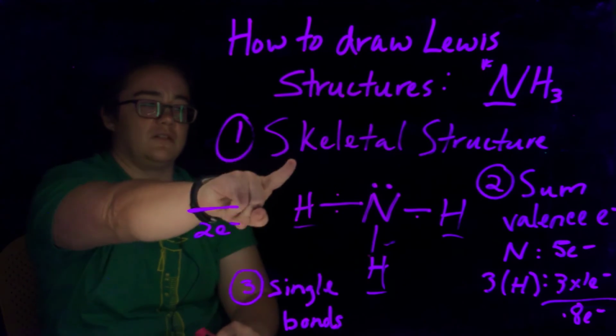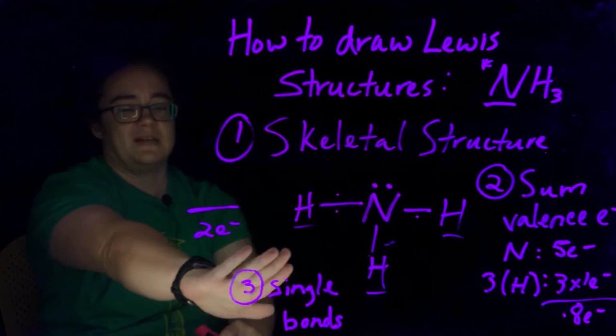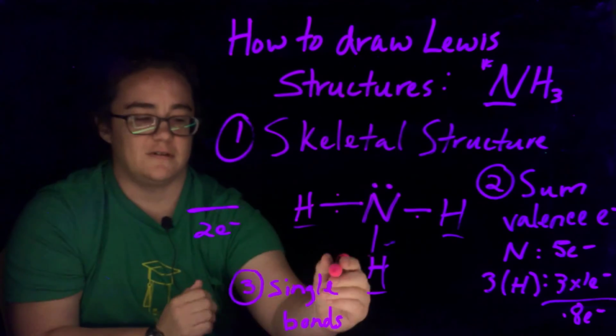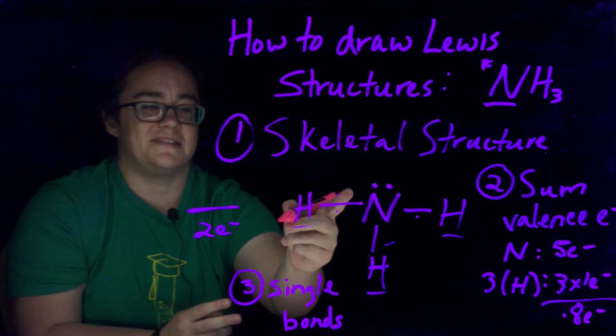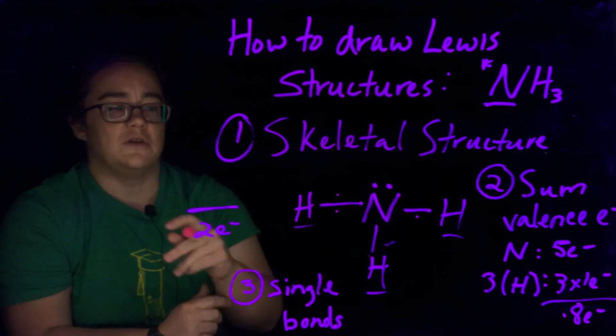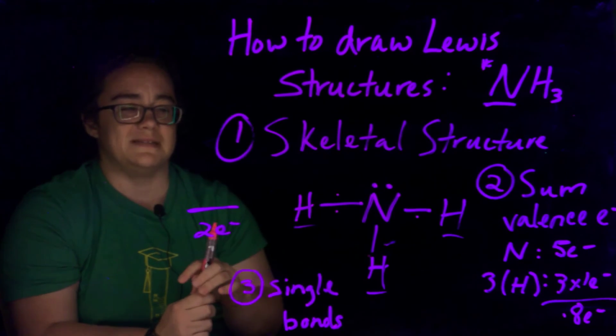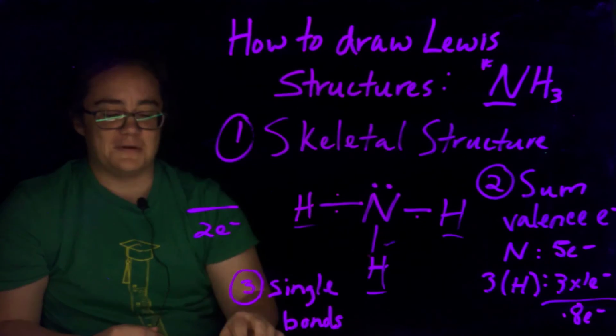Okay, so skeletal structure, you're going to sum the valence electrons, then you're going to distribute single bonds first, and then if you have any excess left over, you're going to put them as a lone pair on whatever the central atom is. Okay, so hopefully you guys